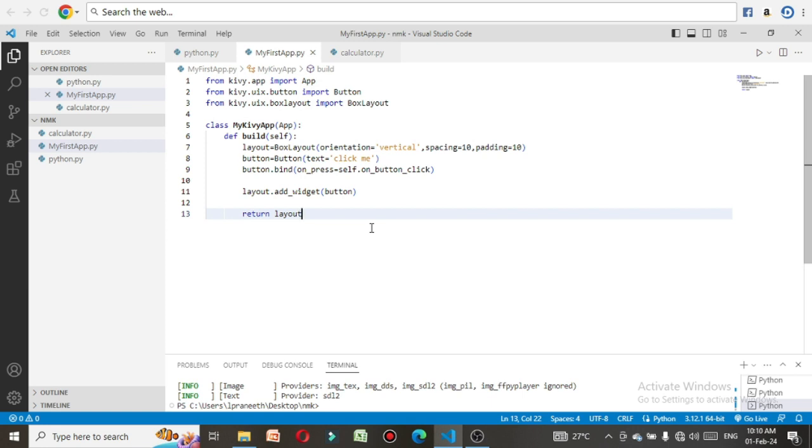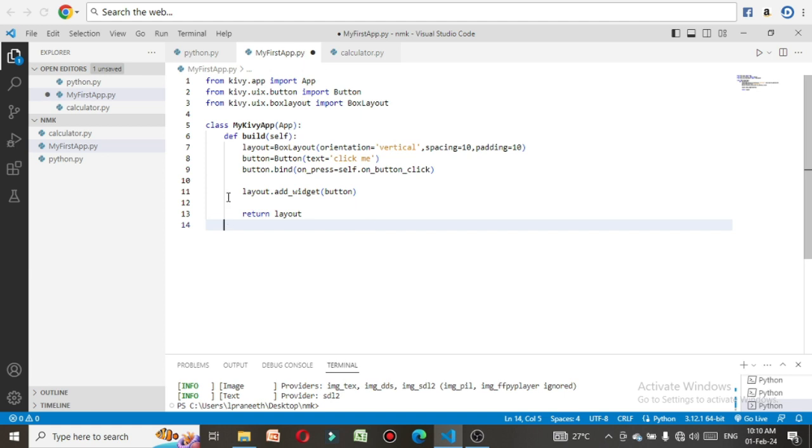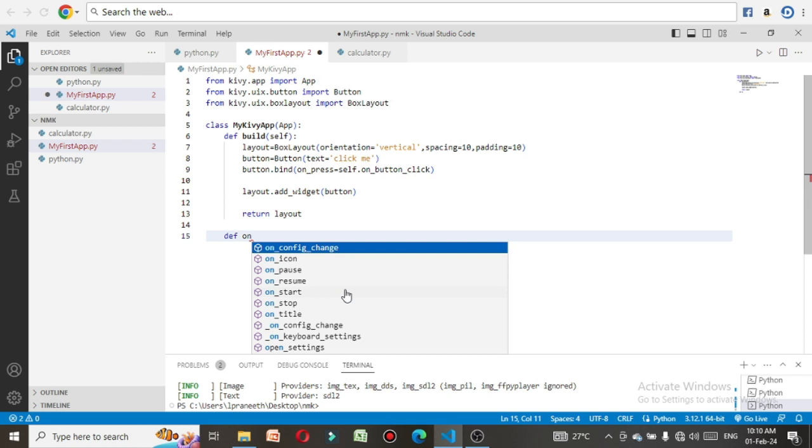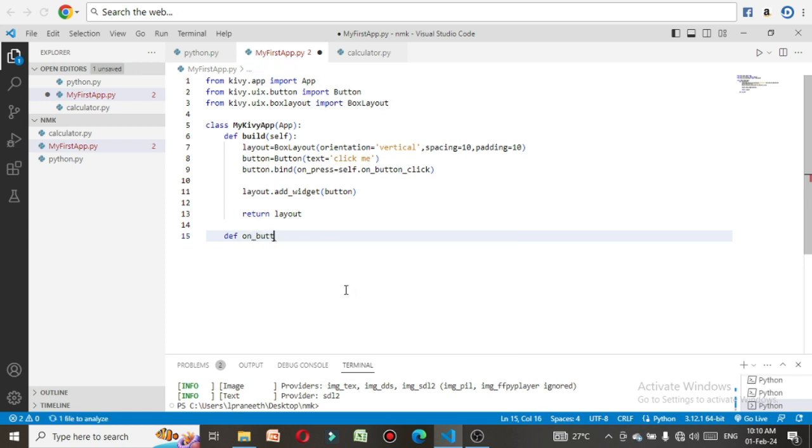So if you press enter, so automatically you will be getting the suit. So def, all def should be in same line, on underscore button underscore click. So what you have given here, on underscore button underscore click, that should be considered here. So round bracket, now self comma instance